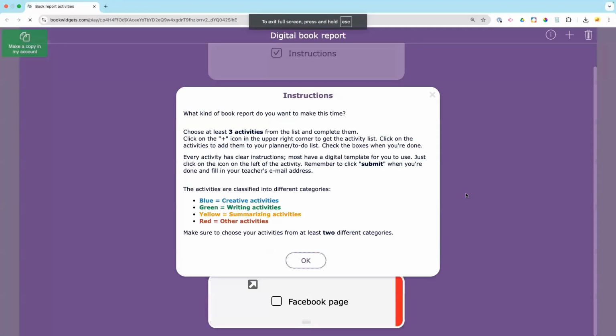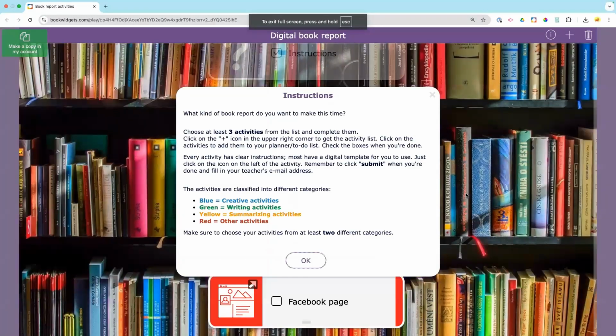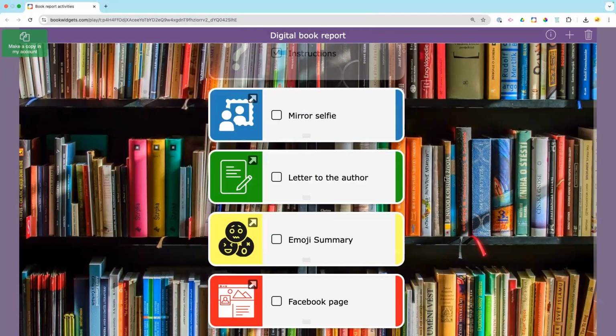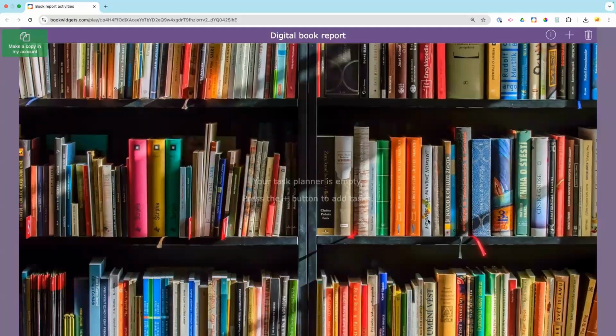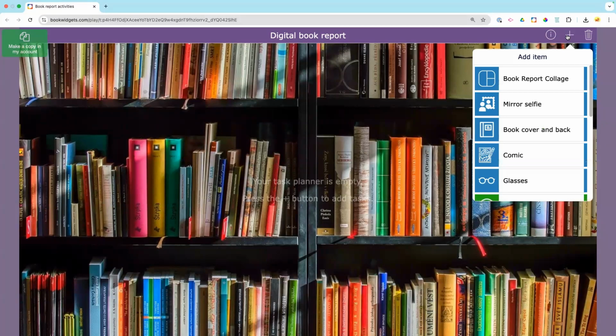And this is a digital book report. So again, thinking thematically, it's ELA based. We have a background image of books and a bookshelf, and then we have this digital choice board with the planner. So students, when they first navigate, they'll see this kind of empty state of this planner. They're going to click on the plus icon, and then they can go through and per the directions, select